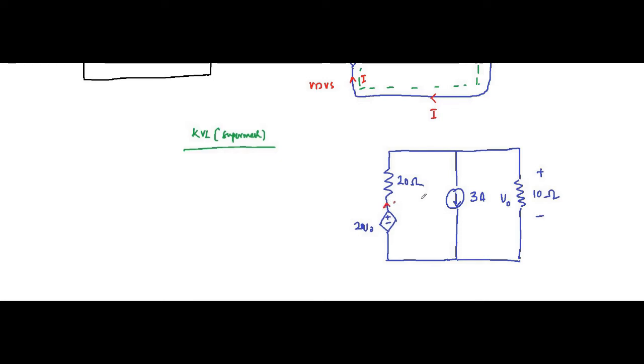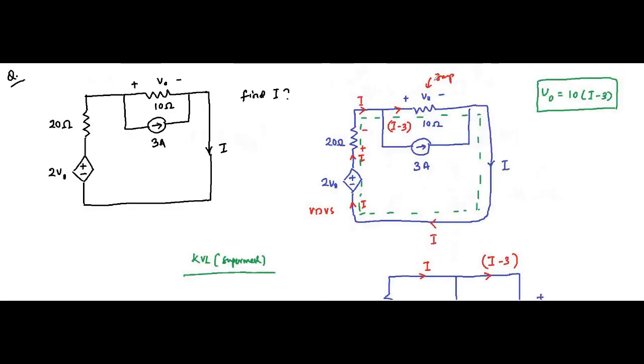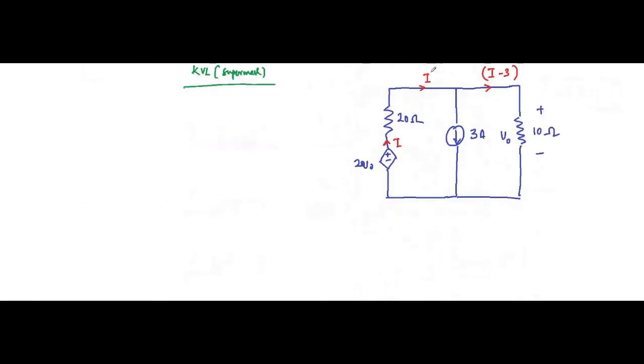I, here also I, here 3 ampere goes, this is I minus 3, and this is the KVL super mesh. So when we write the KVL super mesh equation, polarities should be assigned like we have assigned previously. Plus minus is already there. So it will be